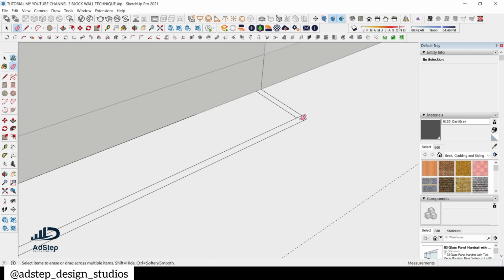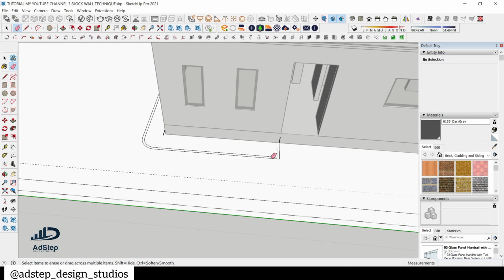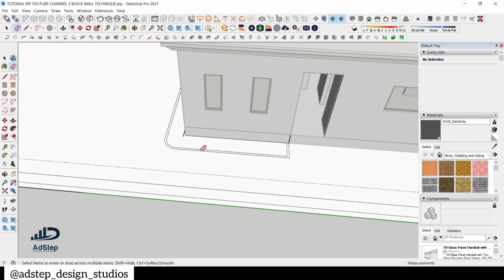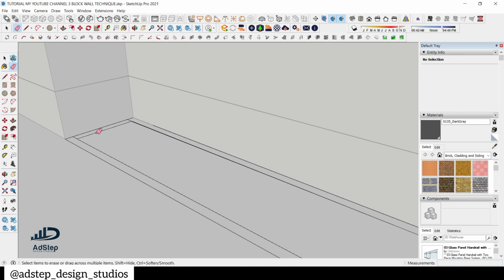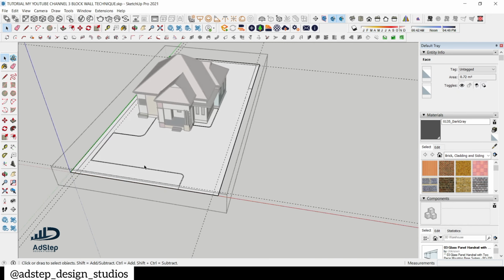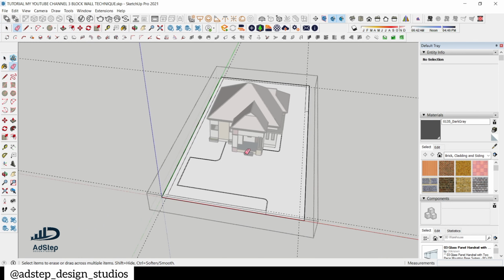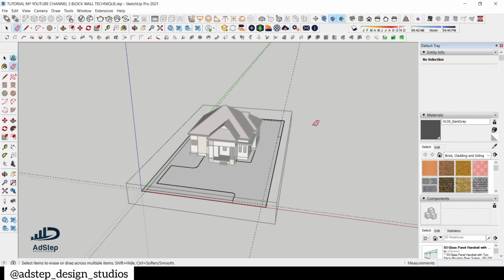Balance it. Balance it up. So that will be my other side, my green area. So that is it. We are proceeding. So that is the first aspect, the first section